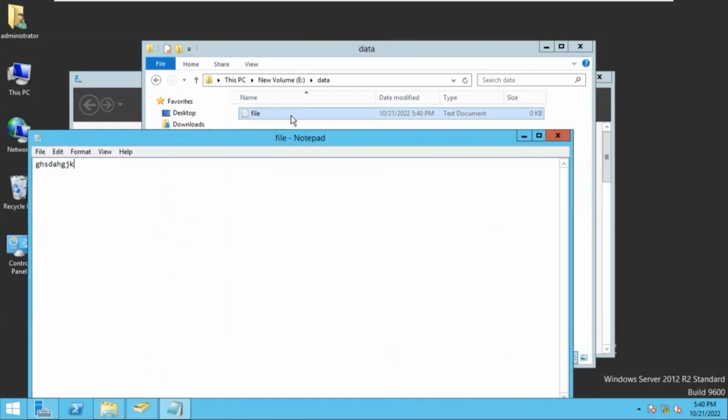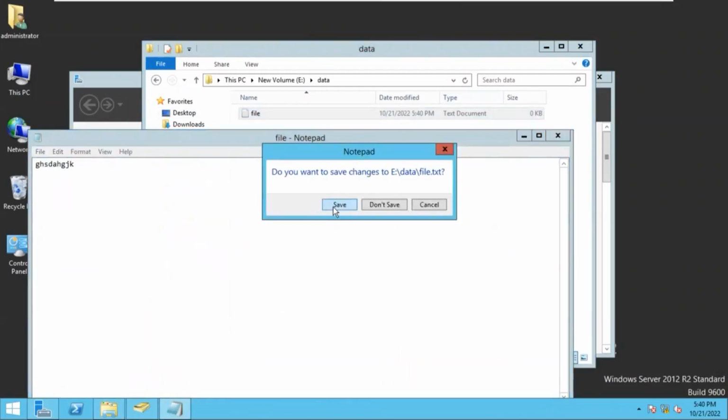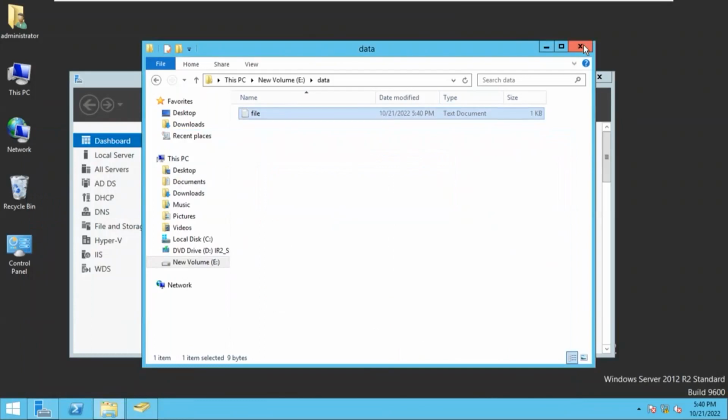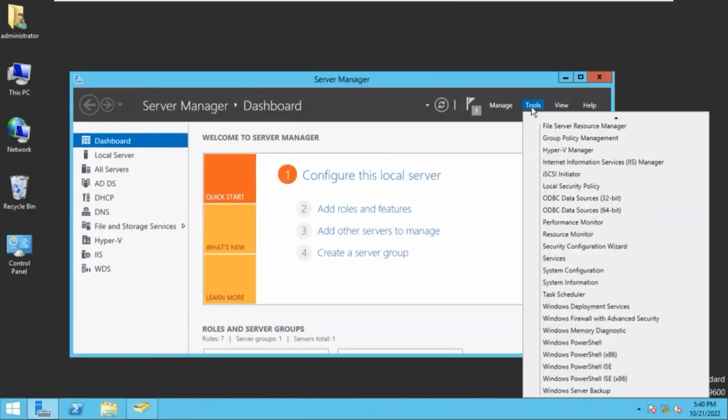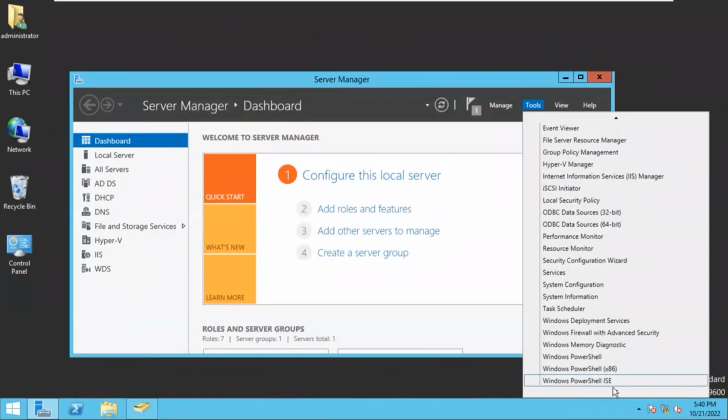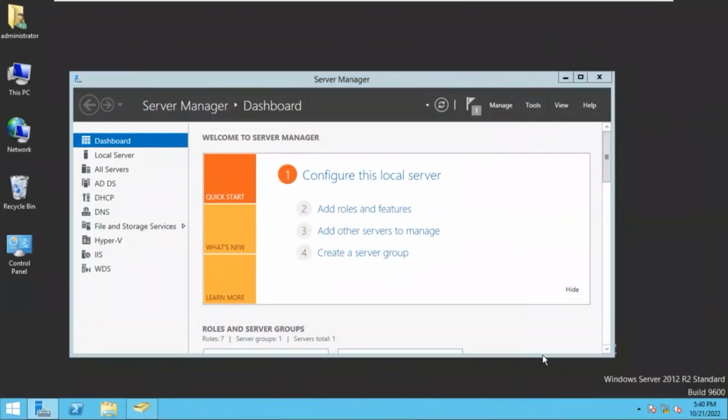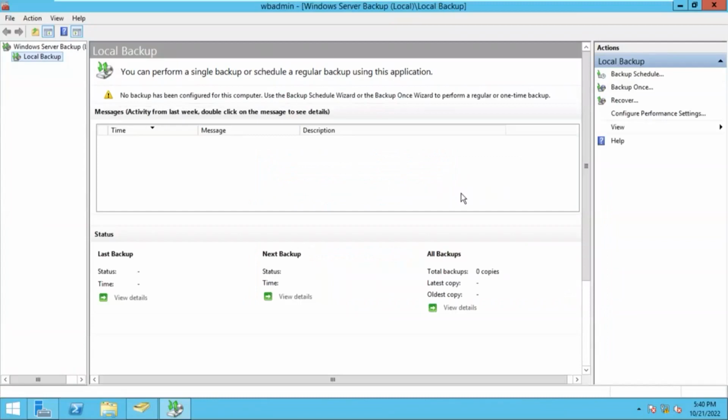And write some data. Save it. Now let us take the backup of this folder, the data folder. Again, open the Windows Server Backup. So click on backup once,